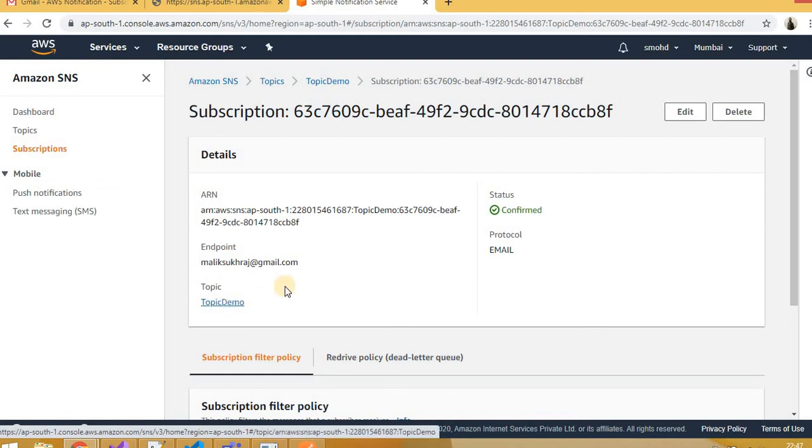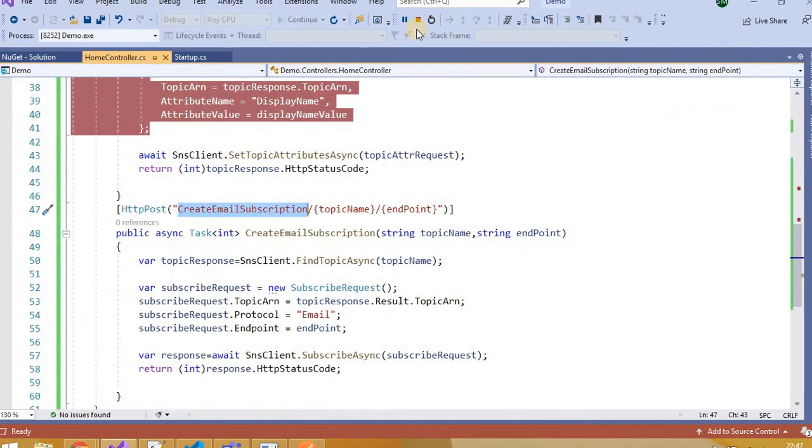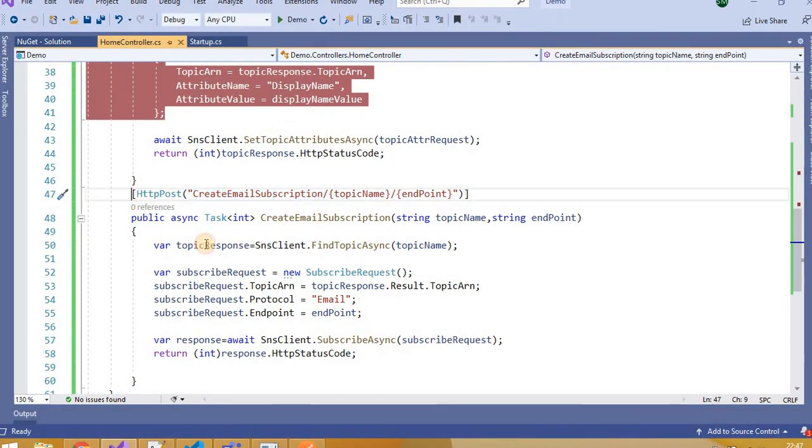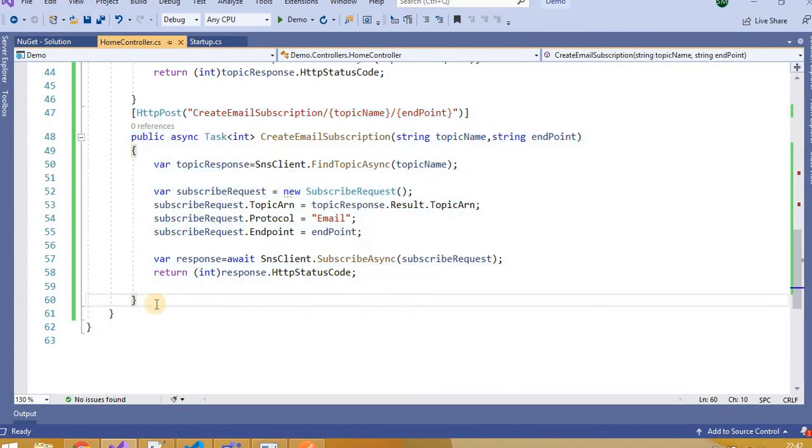Now we will publish a message using .NET Core to this topic, so that this email ID which is subscribed under this topic, that is the topic demo, will receive that particular message. For that I'm just stopping the application. Let's copy this method just to speed up the video.